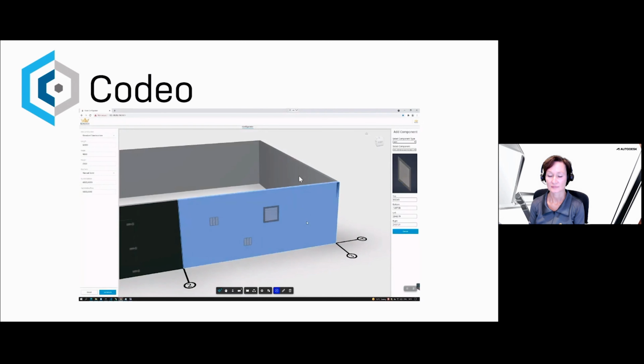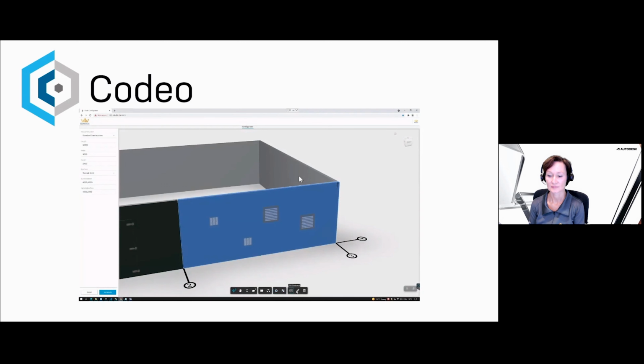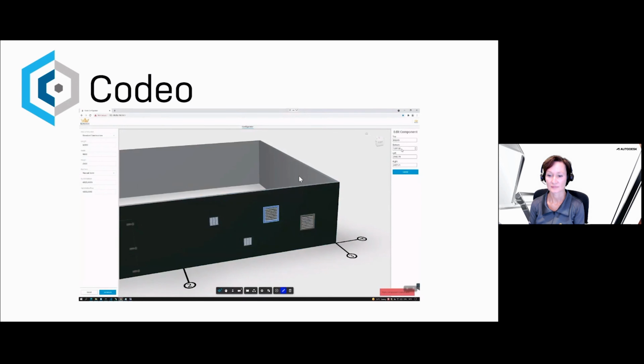Select another type of vent, and I'm using the edit tool to change the position of the edit components. Select the second one and set the bottom distance and right distance.